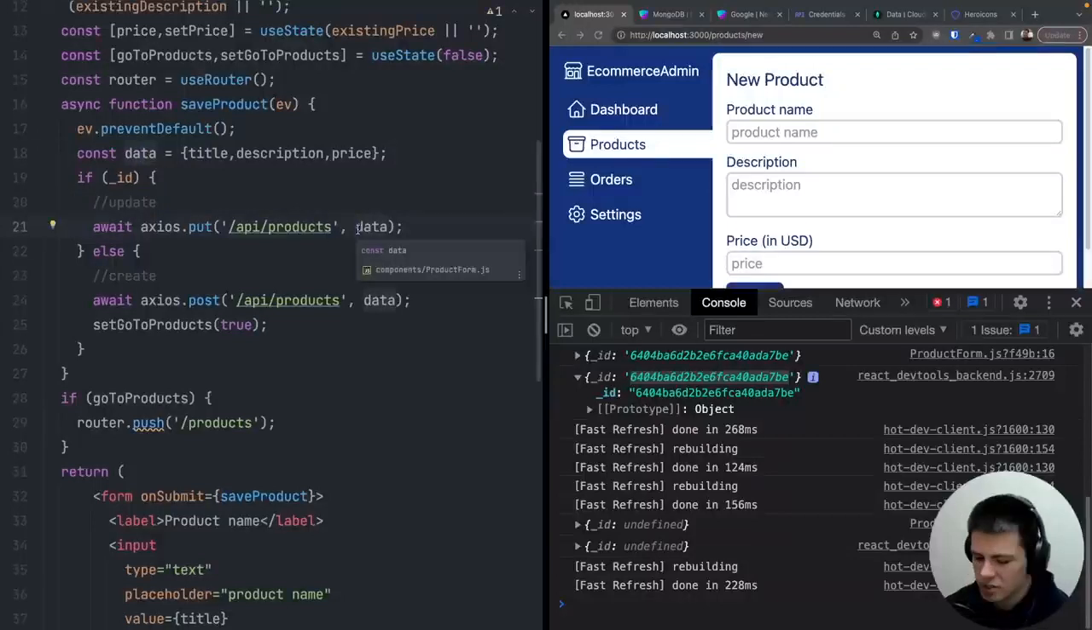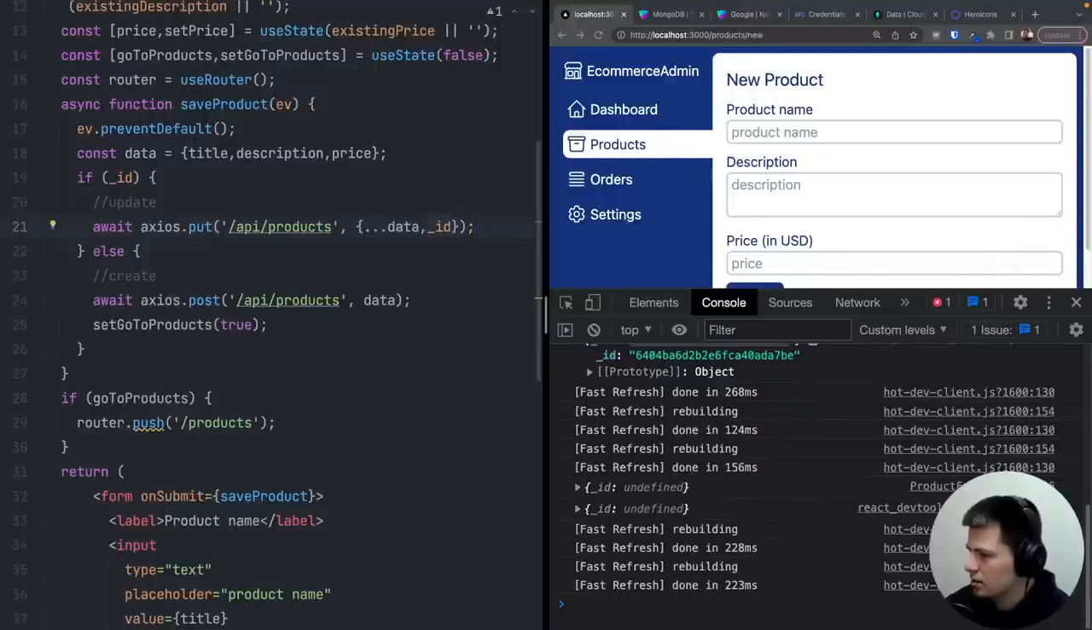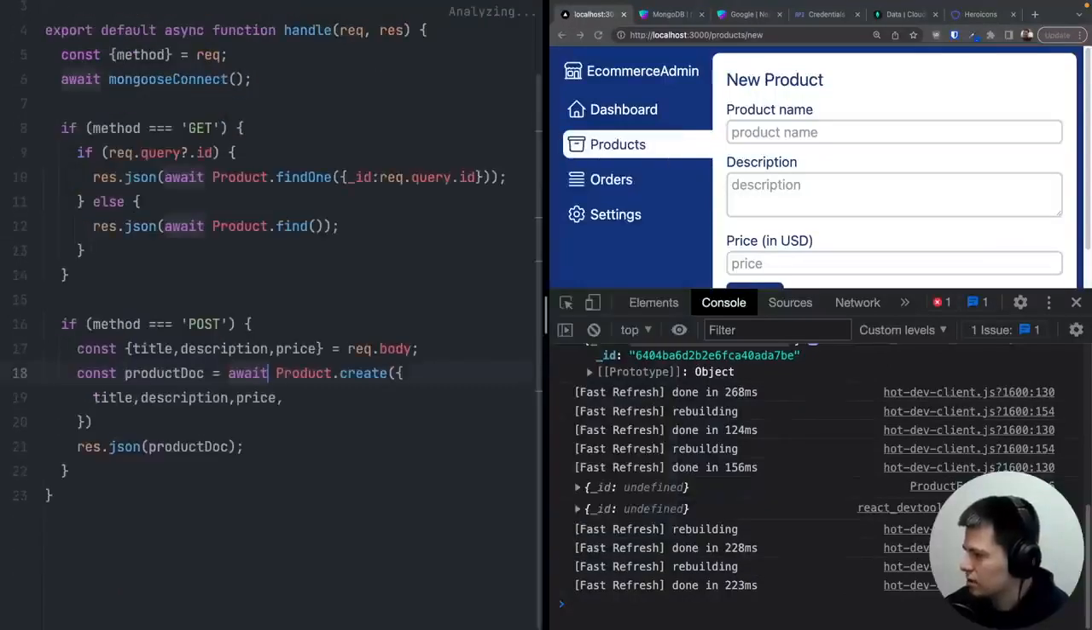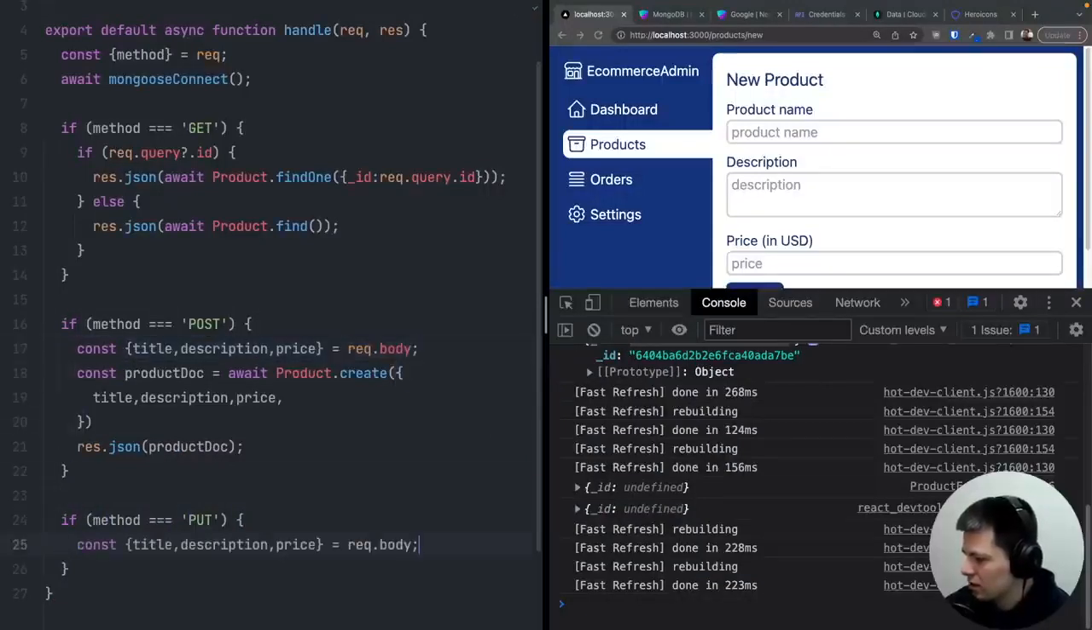But here, instead of just returning this data without ID, we will need this ID because we want to update a specific product. So I will spread the data like this, create a new project from data, and I will add _ID. Yes, and this way, when we go now to API products, here we can check if the method is actually put, and if it is, we can grab stuff like this, but we will also have our